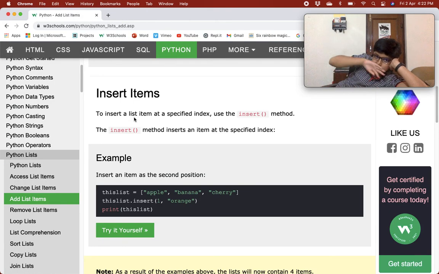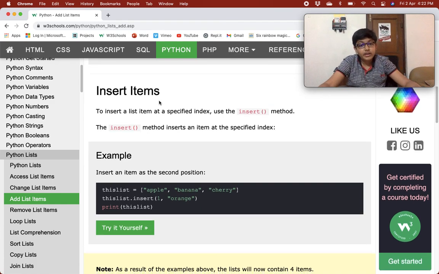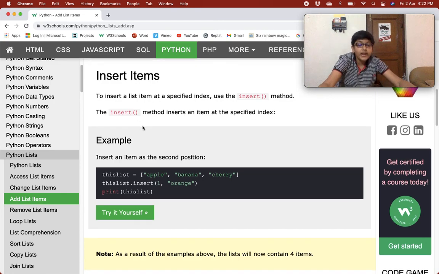So now we are on insert items. To insert a list item at a specified index, use the insert method. The insert method inserts an item at the specified index. So if you want to insert an item at the second position, you will give the second position's index.